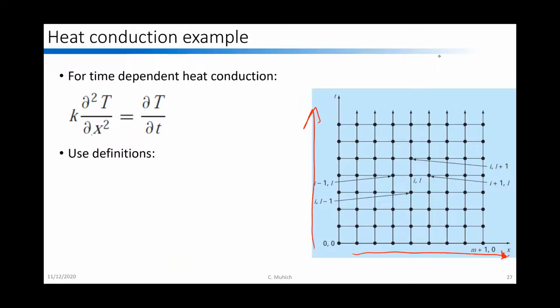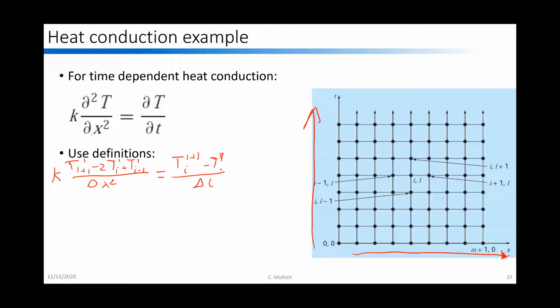Now I can pull those pieces together. So using those definitions, we can say k times T_{i+1}^L minus 2 T_i^L plus T_{i-1}^L over delta x squared equals T_i^{L+1} minus T_i^L